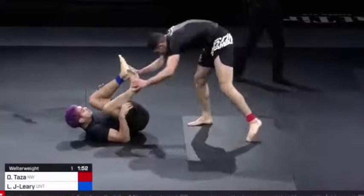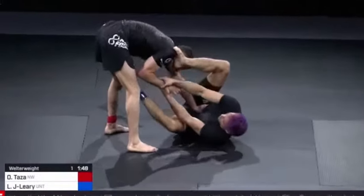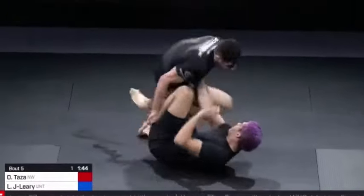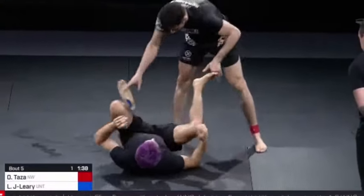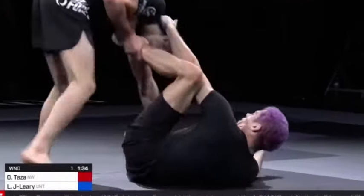Now, Kendall, I want to ask something. At this point in the match, as a competitor, how aware are you of the clock, and of the fact that you're down on points and the clock is running down? How much is that a factor in your mind mid-match at this point? Every athlete is different, and it really depends on your style, but I would say that Taza is very, very